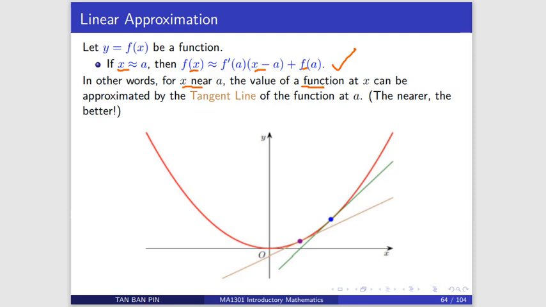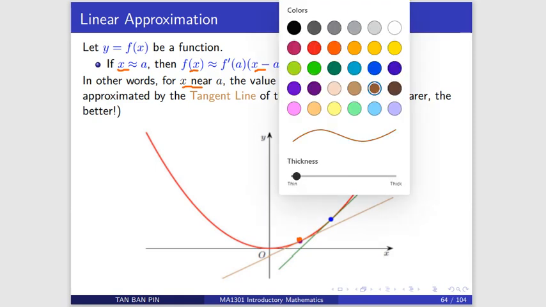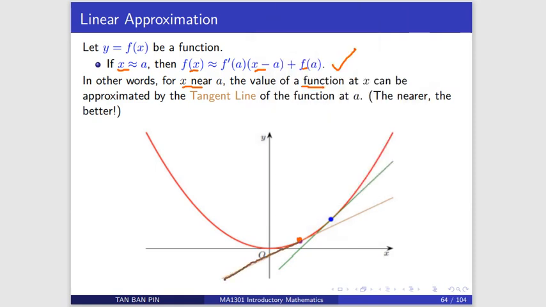And you can see from here, right? If you choose this point and you draw a tangent line, so you'll find that if you choose x near to a, so let's say at this point is (a, f(a)). If you choose a point near to a, then the y value on the tangent line is about the same as the y value on the curve f(x).